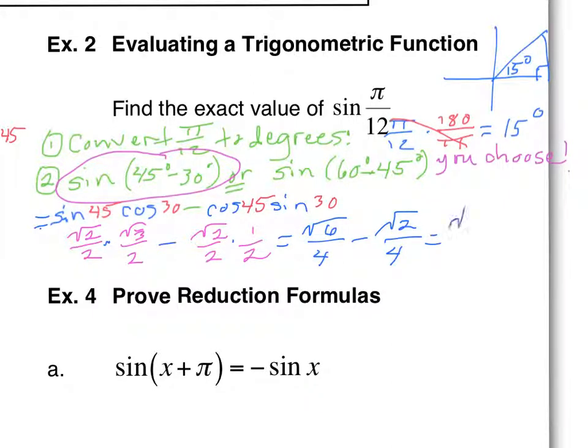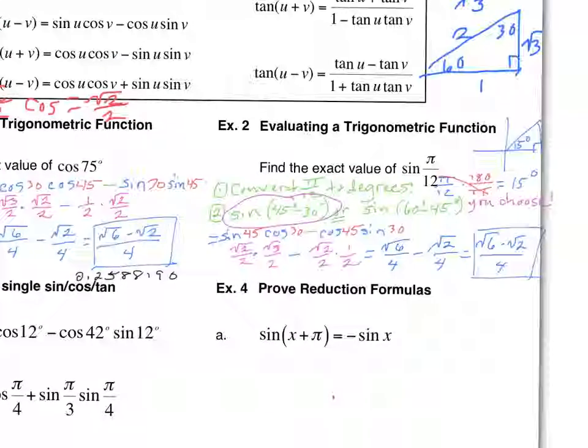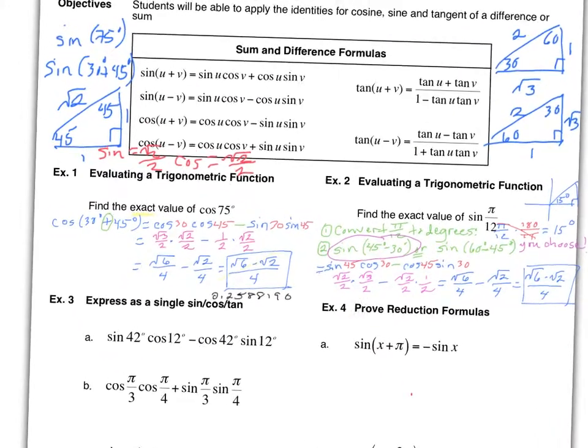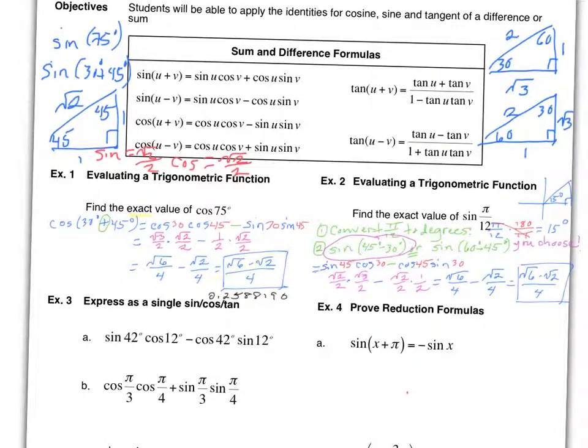And it appears to be a coincidence that this is exactly the same answer as example 1. But it's really not such a coincidence. You want to know why? What is 75 and 15 to each other? They add up to 90. They're complementary to each other, aren't they? And if you go back to 5-1 where we had